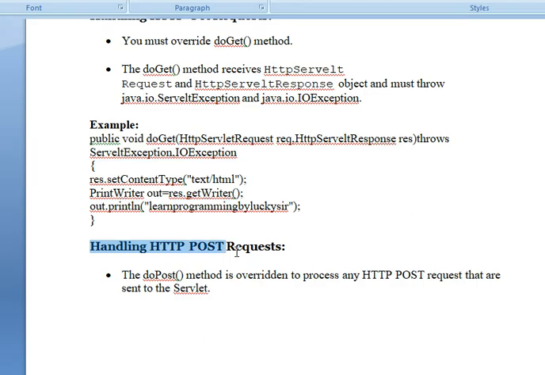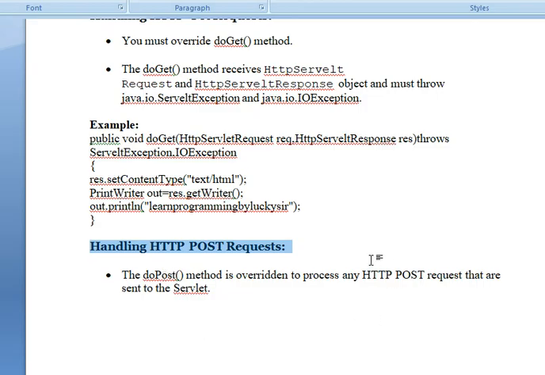Now we will discuss the HTTP post method. Okay, doPost method. So we will learn a servlet that handles the HTTP post request. HTTP employs the post method to transfer a larger amount of HTML form data. So the doPost method is called much like a doGet method. But if the servlet service method receives an HTTP post request, the servlet doPost method is called.